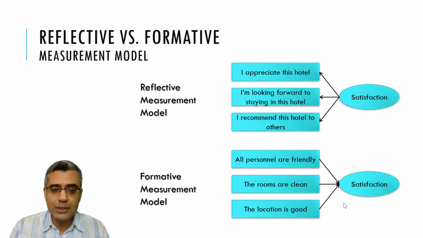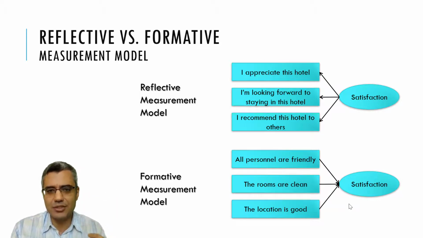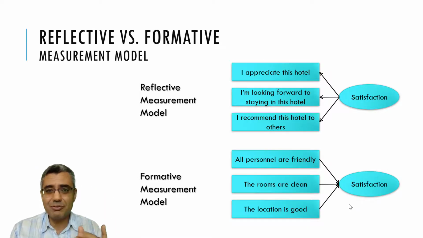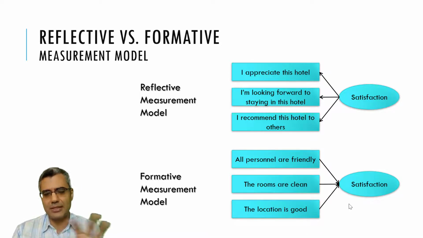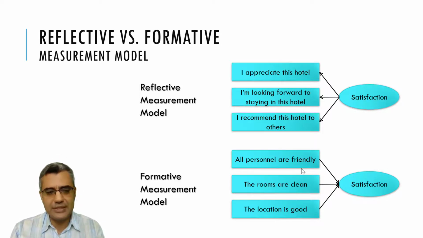So when you want to develop or specify your model, you need to pay attention to these constructs, to the measurement model. Many instruments that have been developed years ago, 20, 30 years ago, may not have considered these measurement models. So when you read the questions, you don't know whether it's reflective or formative, right? So make sure that you are using a good instrument that has been developed in a way that you can identify whether it's reflective or formative, right? There are some methods that you can use to identify this, but it's not in the scope of this